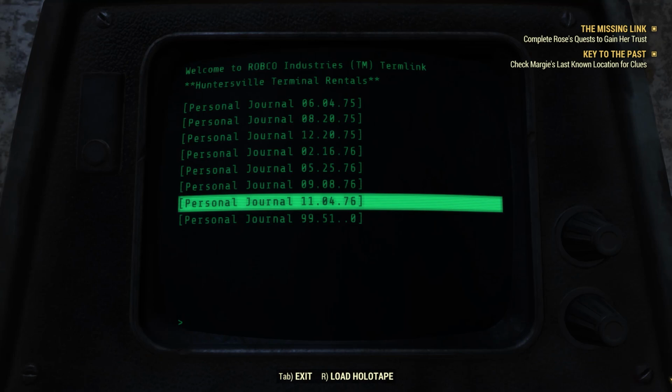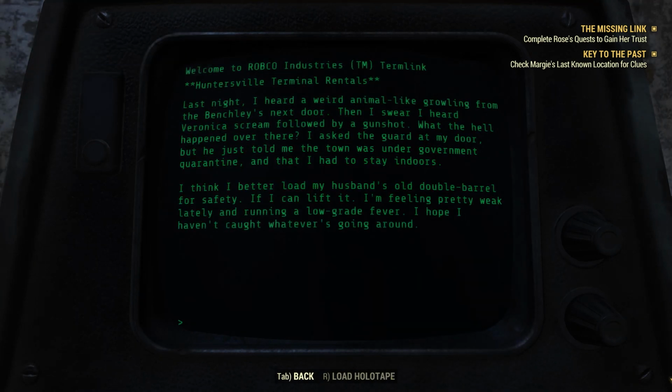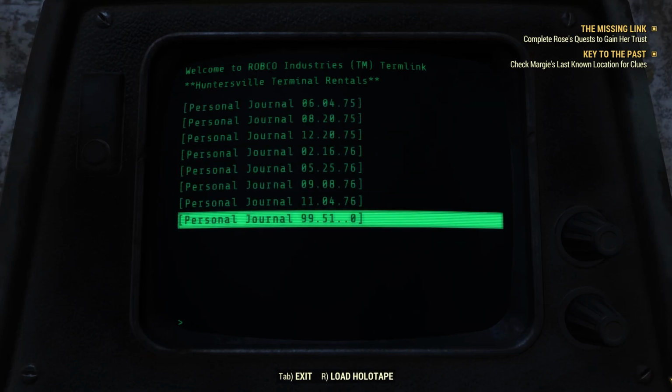November 4th, 2076. Last night I heard a weird animal-like growling from the Benchleys next door. Then I swear I heard Veronica scream followed by a gunshot. What the hell happened over there? I asked the guard at my door and he told me the town is under government quarantine and that I had to stay indoors. I think I better load my husband's old double barrel for safety, if I can lift it. I'm feeling pretty weak lately and I'm running a low-grade fever. I hope I haven't caught whatever's going around. And from nobody knows when,